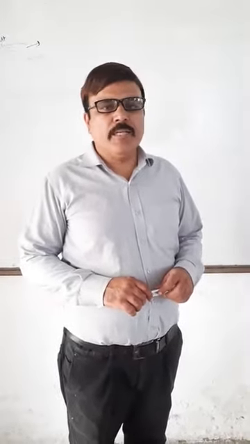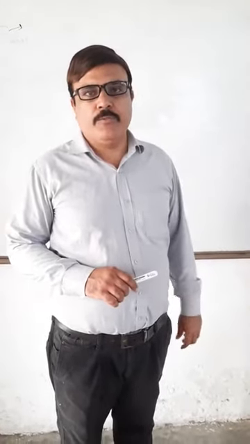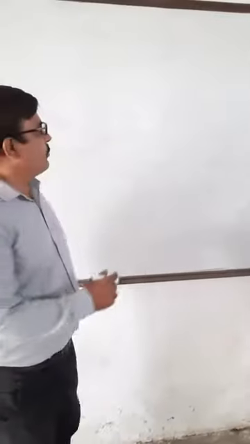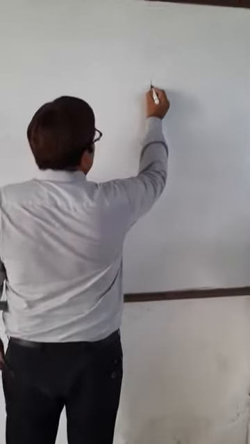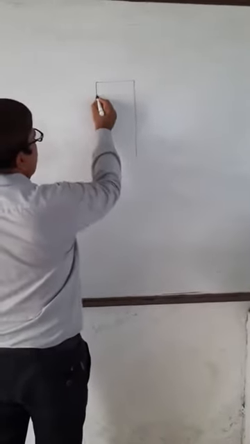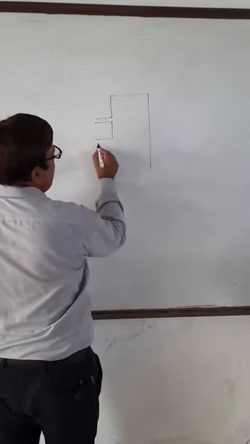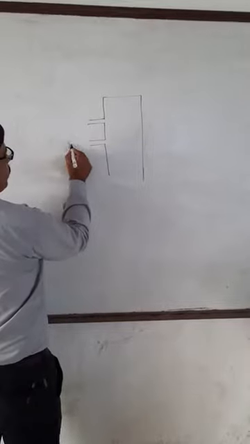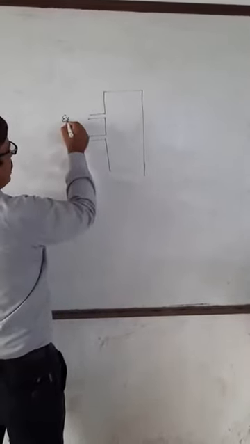Today I am going to explain the two-stroke IC engine of diesel and petrol engine. So first of all, what is a two-stroke engine? Look at the working of the two-stroke engine. The two-stroke engine has two ports. One is the exhaust port and the other is the inlet port. This is your inlet port and this is your exhaust port.